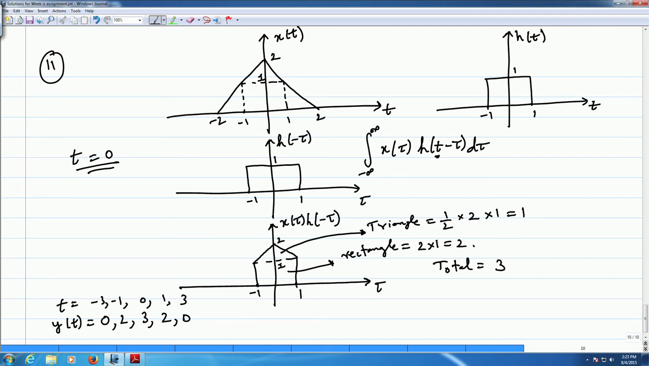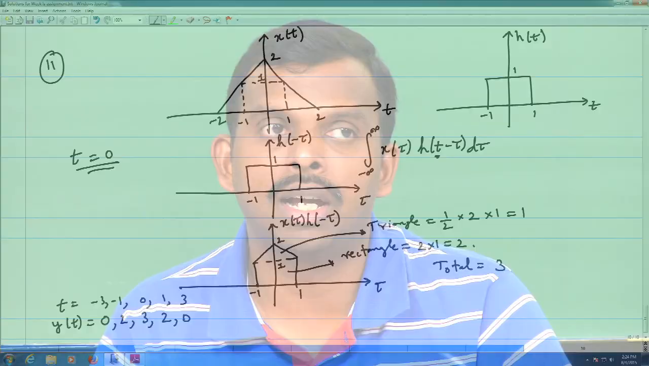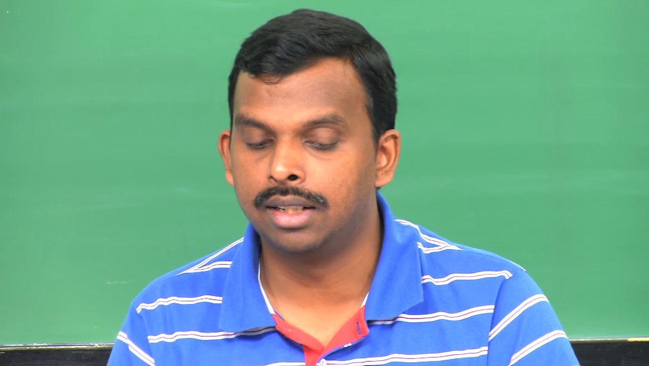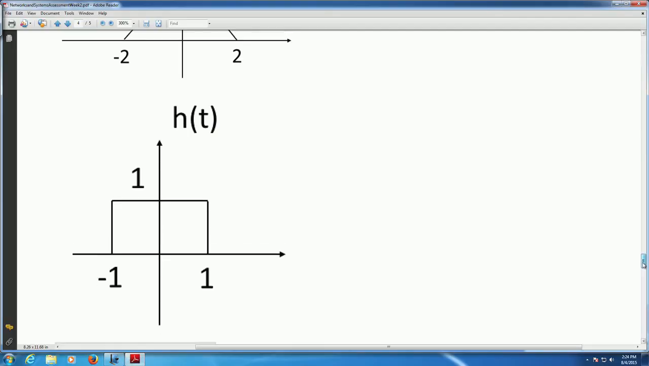It is just a simple question of shifting, multiplying, and most of these integrations can be quickly done using these area calculations of rectangles and triangles. You will seldom have to actually evaluate an integral using formulae. Okay. So, let us go through to the last two questions. The 12th one